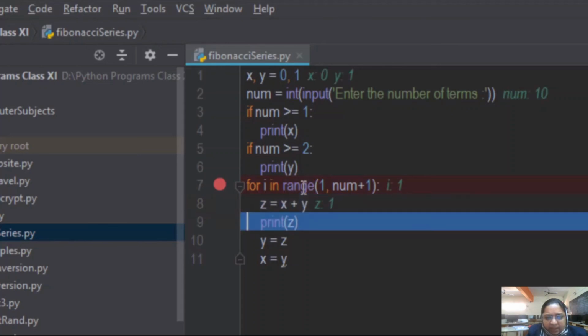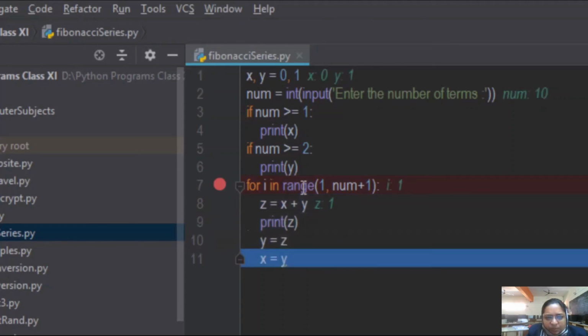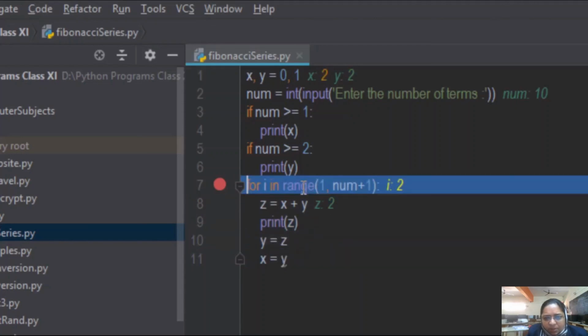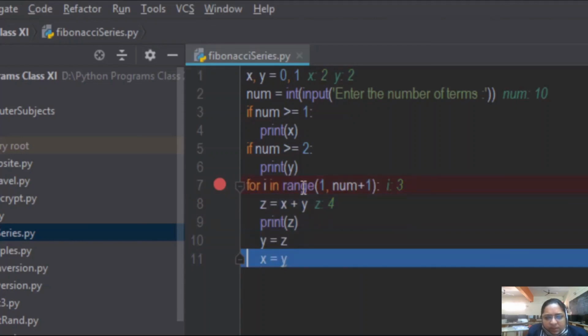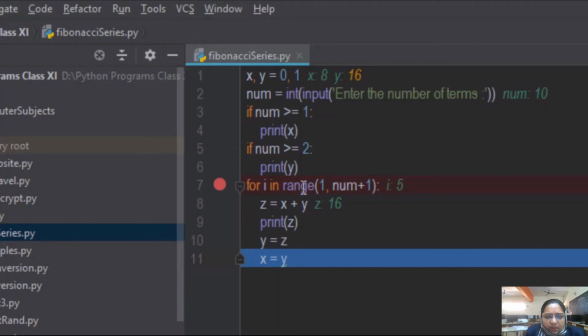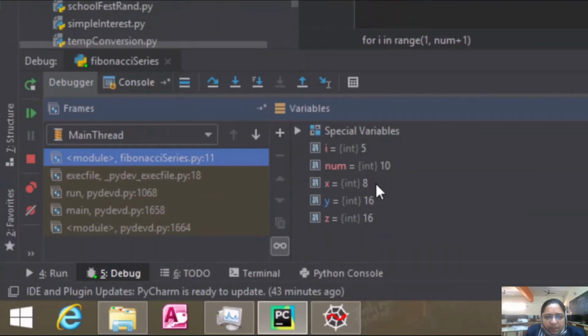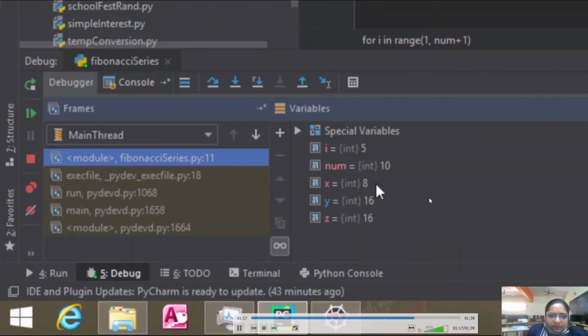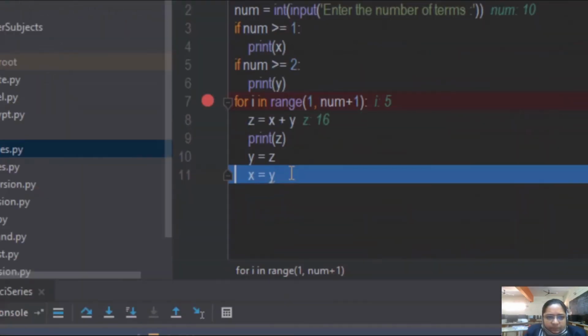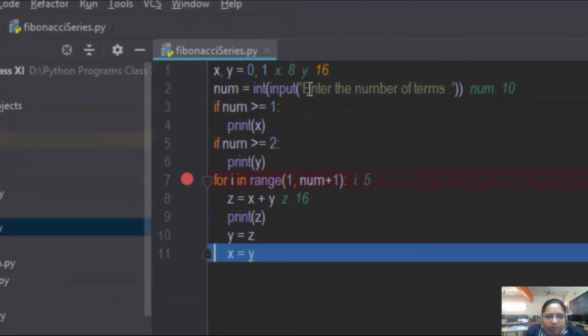The F8 key is pressed every time to execute every statement, and you can see the values of variables being changed. So this is a much more user-friendly way of tracing the error, because you can check the values of variables in real time, and here also you can see the values of variables. This is the most user-friendly way of debugging a program.